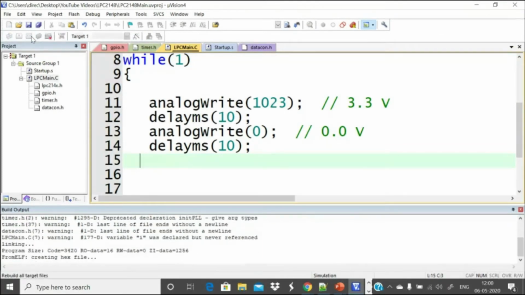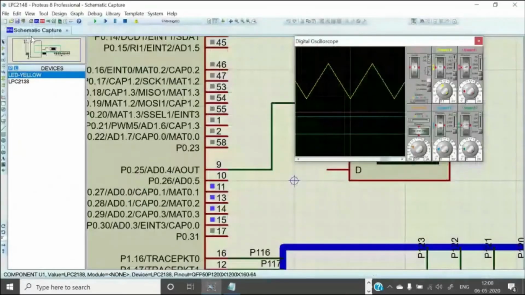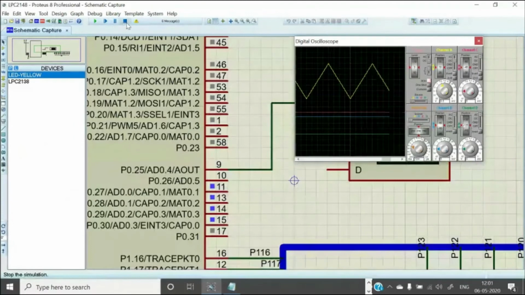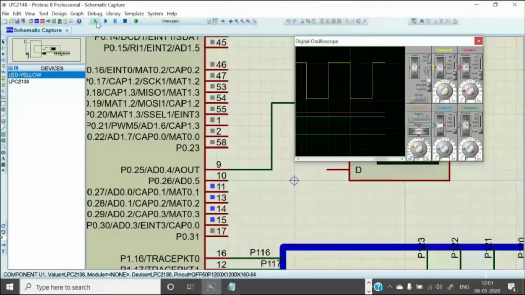So you can very easily generate this by using any GPIO. So there is no need that you have to use a DAC for this. But this is just for the sake of completion I'm giving. So this is my square waveform at 50 hertz.